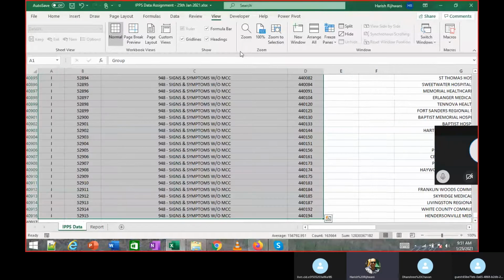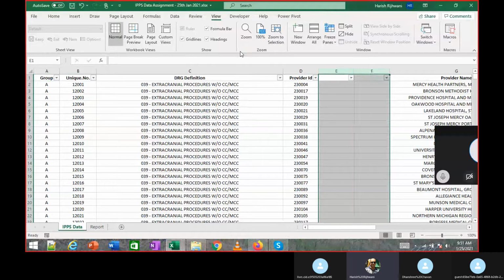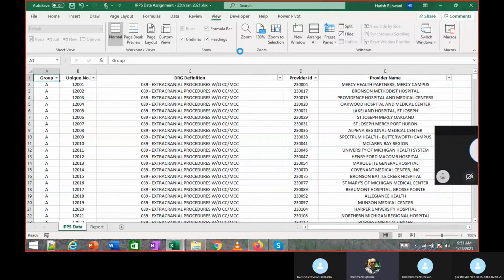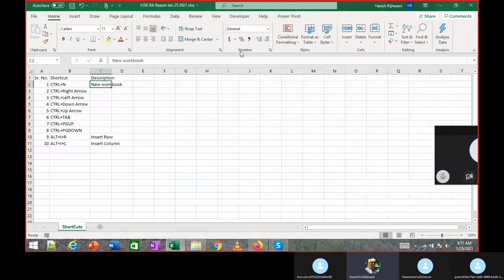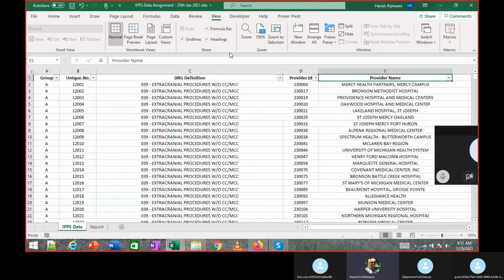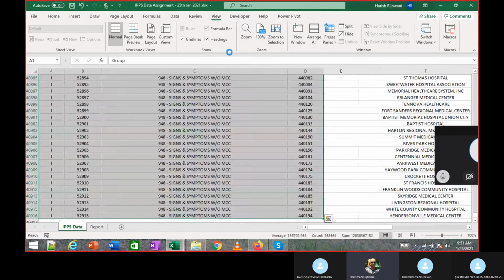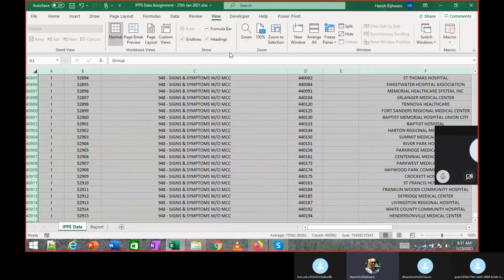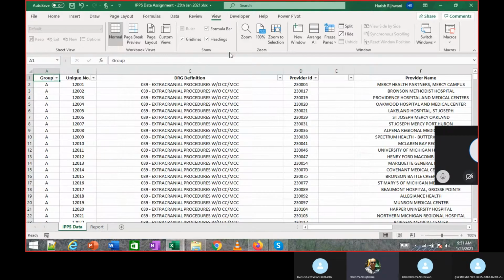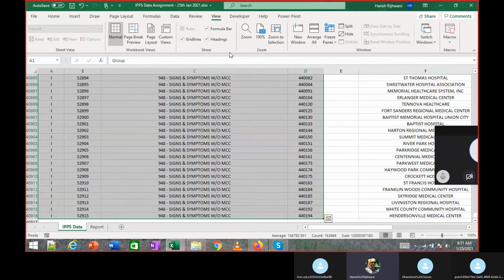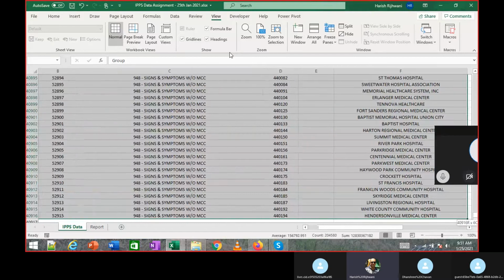So again, in the same way, if I do Control A, and if there was no gap over here, it will select the entire region. But let's say I still have that gap in between, and I do Control A. I'll have to do Control A twice, but here it is only going to select the region where there is no gap. Then I'll again have to do Control, Shift and right arrow.